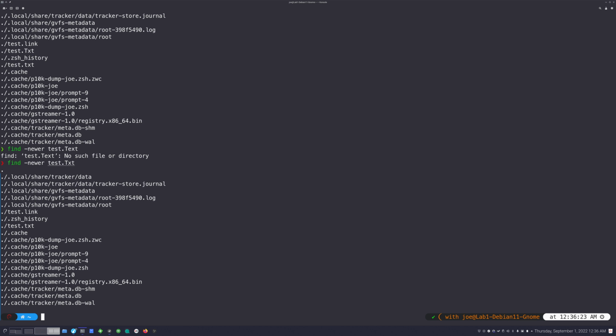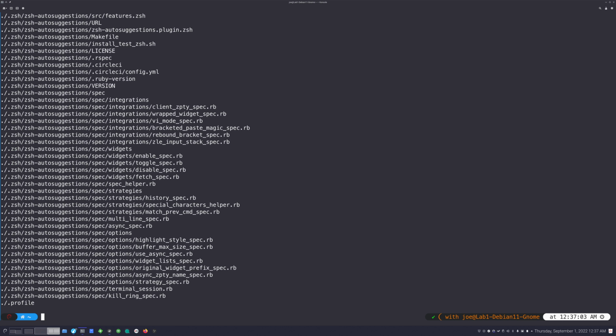If you do find -daystart like that, and then do your -mtime command or whatever, plus 1 day, what that's going to do is change it so that the day starts at exactly the beginning of the day for your time zone, in 24-hour blocks based on starting at midnight, rather than being relative to the current time.